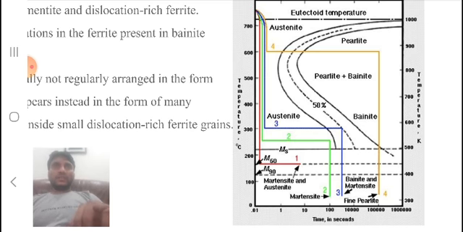Whereas in martensite also, everything is the same. Hypoeutectoid, whatever the temperature we want to make, we'll take the hypoeutectoid steel in the austenitic phase, and then we directly quench that austenitic phase steel to that particular temperature, and then it is held at that temperature for sufficient time until the austenite converts into pearlite or bainite or sorbite or troostite or martensite.